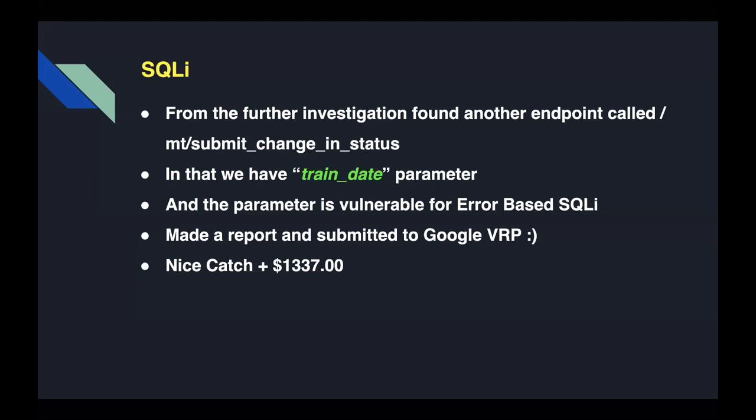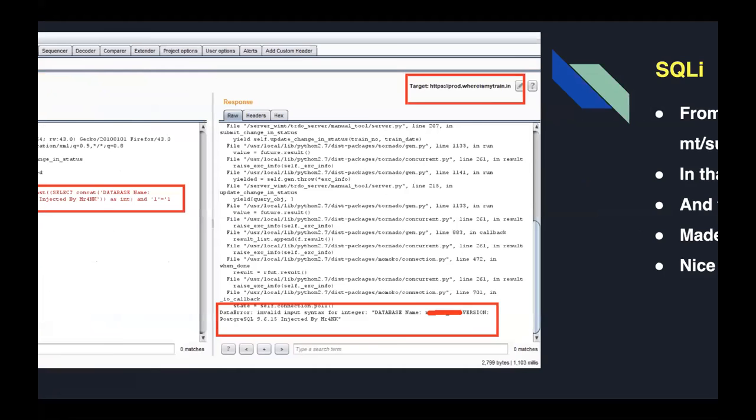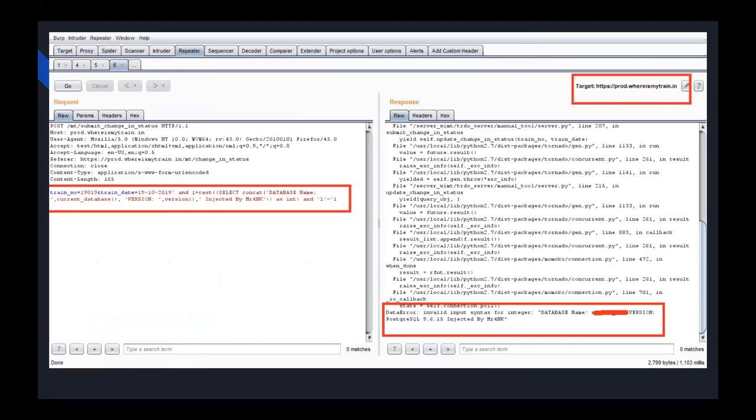I got another endpoint called MT submit change in status. In that, there's also a parameter called train date. And when I checked it, I found that it is vulnerable to error-based SQL injection. Then I first tried to exploit it with SQLmap, and I successfully completed that. I reported it to Google VRP and I got a bounty of $1,337 from Google. Then after that, with the help of my friend Nizam, I did it manually, and you can